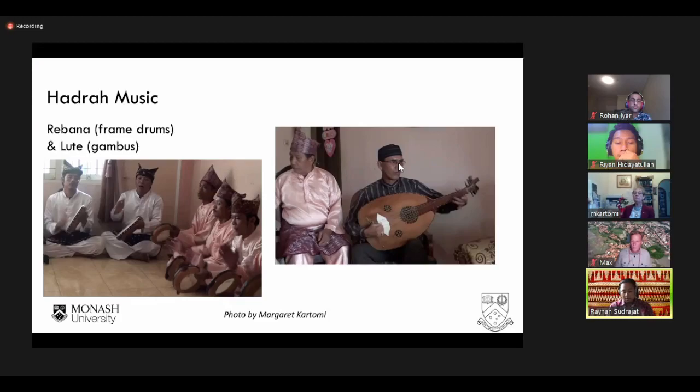And there are two types of Hadrah. The first is Hadrah Lama, which we know as classical Hadrah, and Hadrah Baru, or newly created Hadrah. Presentations are often interspersed with a solo vocalist singing devotional or secular lyrics, accompanied by the Arab-associated gambusan ensemble, which includes gambus and melodic leader, two pairs of small double-headed high-pitched drums called marawis (plural) and marwis (singular), and an optional violin and harmonica, which is not